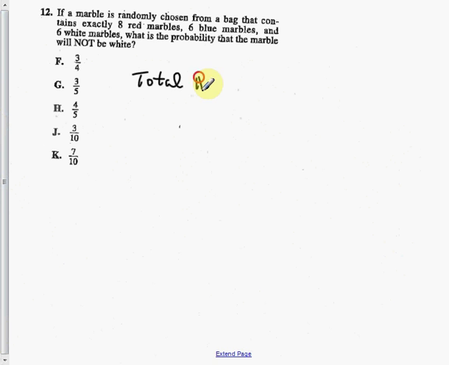So the total number of marbles, right? So is that 20? All right. And then the probability of selecting not white